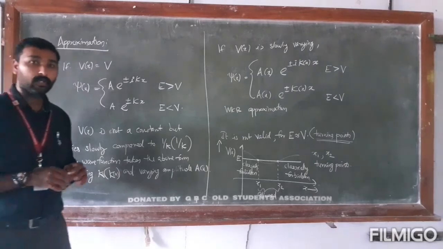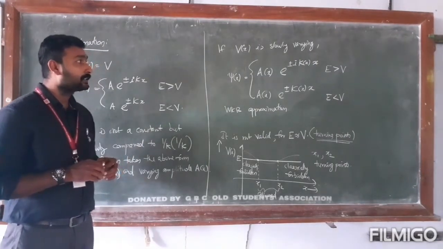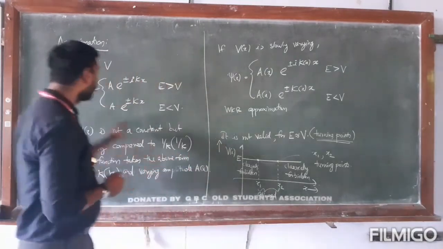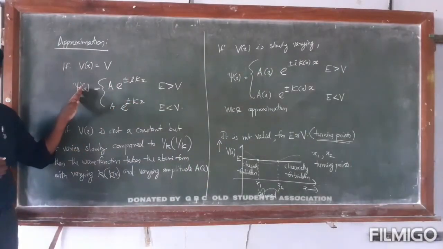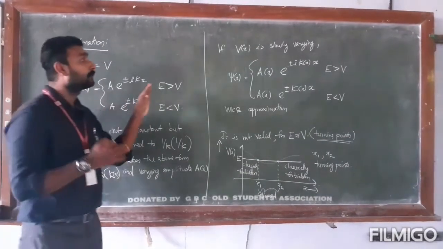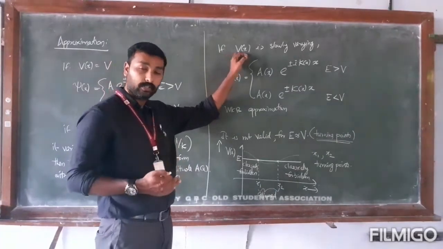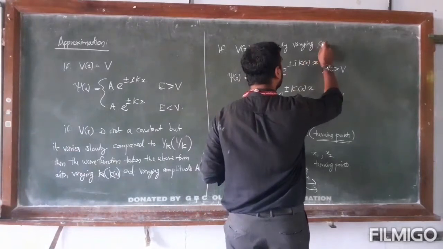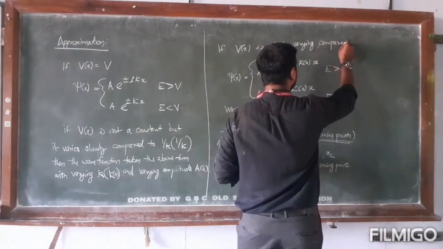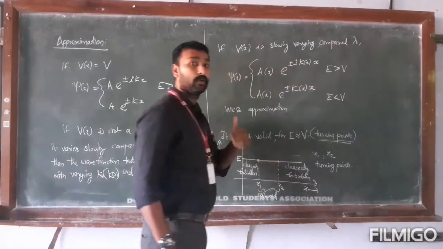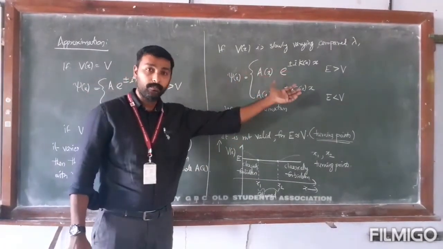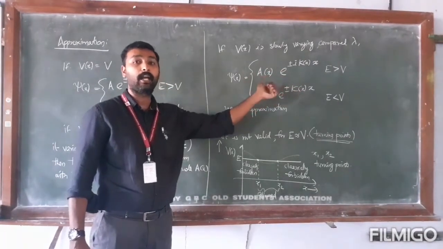Now if the potential is a varying function, a function of position, then we cannot use the same wave function. But the WKB says that if the potential is a slowly varying function, slowly varying compared to the de Broglie wavelength lambda,